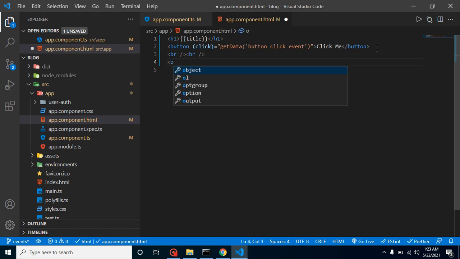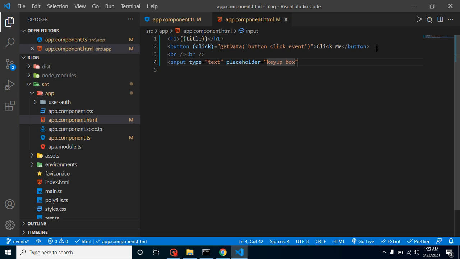So let's put here input type, and its type, let's say text, and a placeholder if you want to add, let's say box 1, or we can put here key up box, because we are going to make 4 or 5 input boxes. That way you can identify the difference. That's why I'm putting a placeholder here.